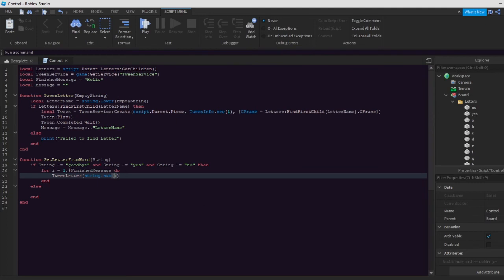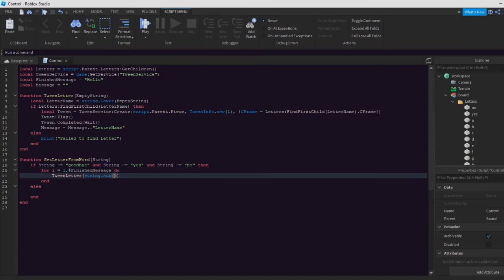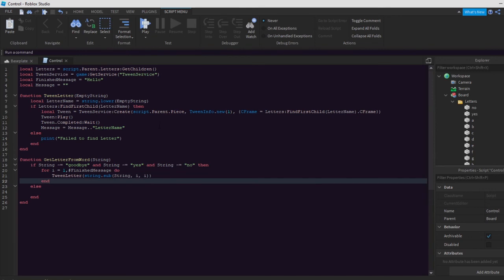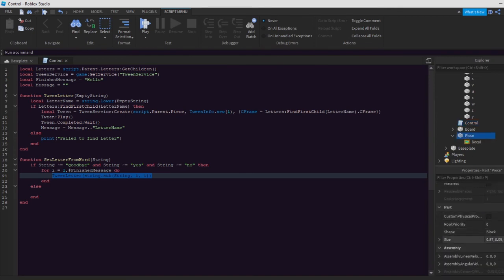Right here, string dot sub, so tween letter. So if it's a single word instead of one of these phrases, what you'll simply want to do is string sub, and then you want to do the string. Then you want to do I comma I for the letter. So then once you tween the letter to that right there, that will be tweening the letter from here. So hopefully that works. You tween each letter, and then you can simply copy the position right here